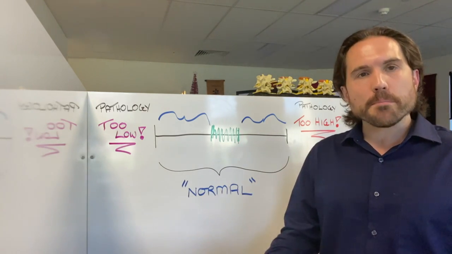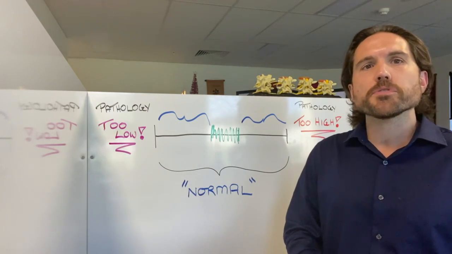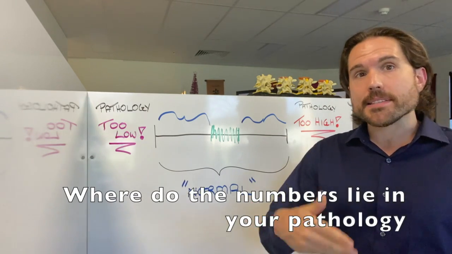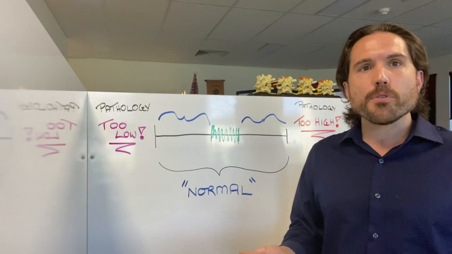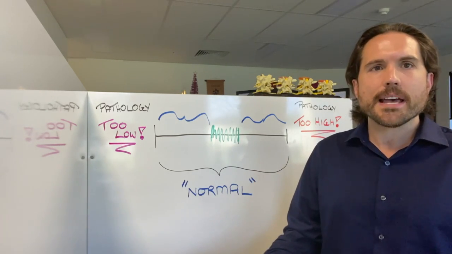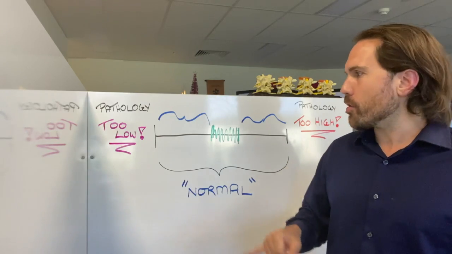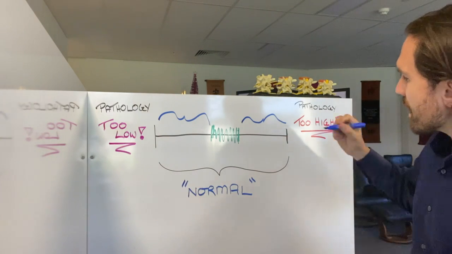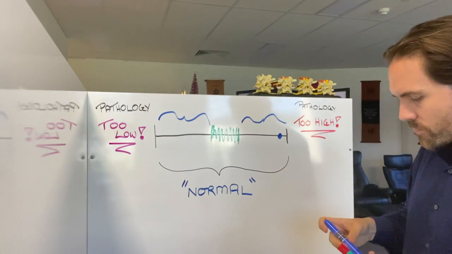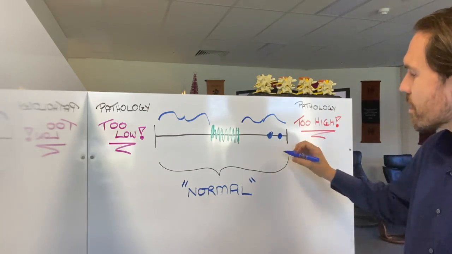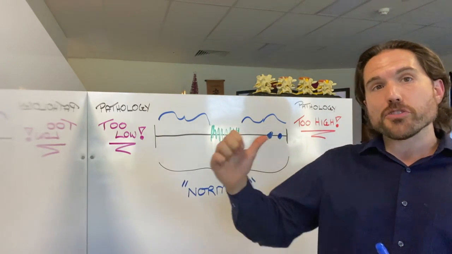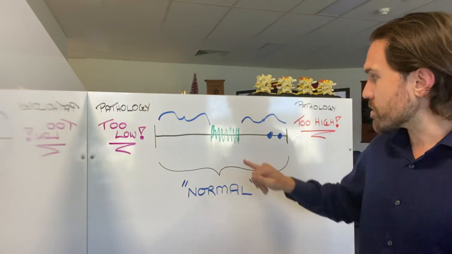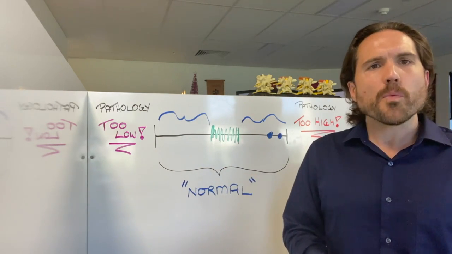And so when you're looking at blood tests or different things like that, what I would actually encourage you to do is to have a look and see, well, where do the numbers actually lie? Because they may be telling a more complete story. Let's say, for example, that you had 10 different kinds of blood tests, and each and every single one of them showed something that was in the quote normal range. However, if you looked at them and they were all showing up as being about here, or let's say that you had another one that was showing up as here, well, that could be an indication that things are actually moving in a certain direction. And again, it may not be the full point of disease, but certainly it is not where things ideally would be when it is healthy.